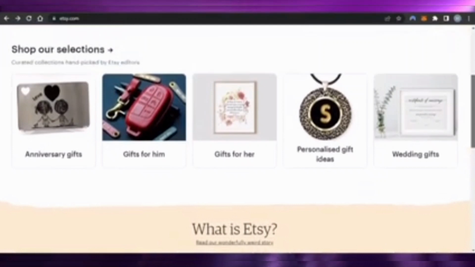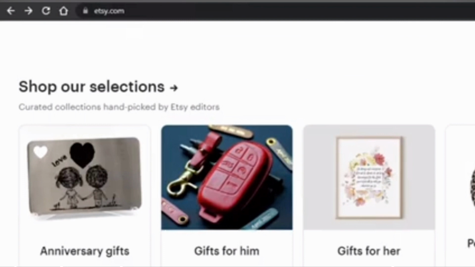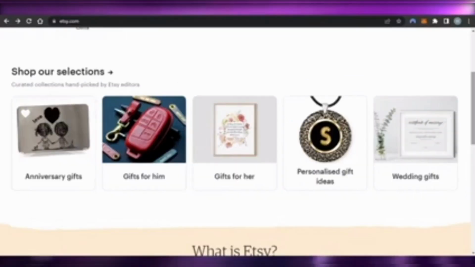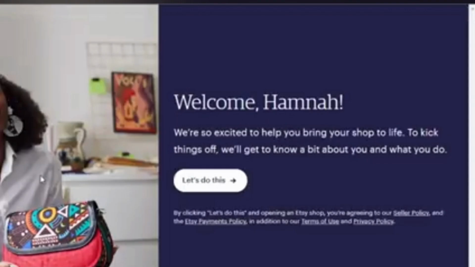So here's how to upload digital products to sell on Etsy. It's actually quite easy to do, so make sure you watch to the end so you don't miss any important steps. To sell your product, click on the shop, and once you click on the shop, now it will open